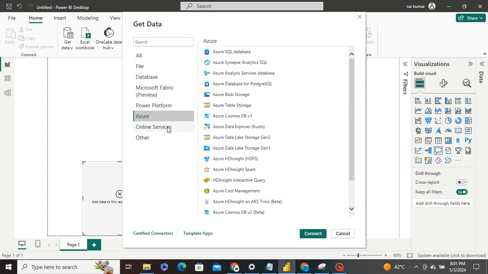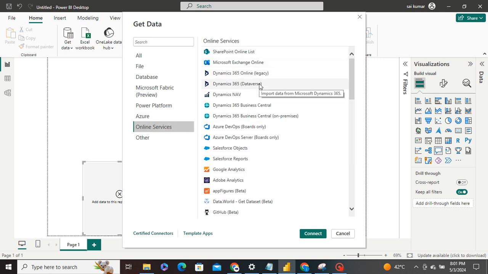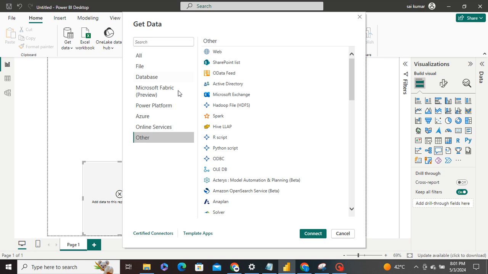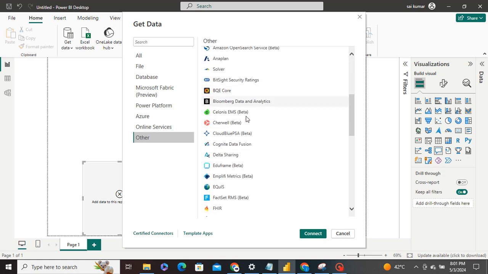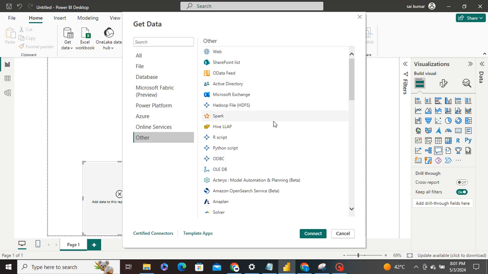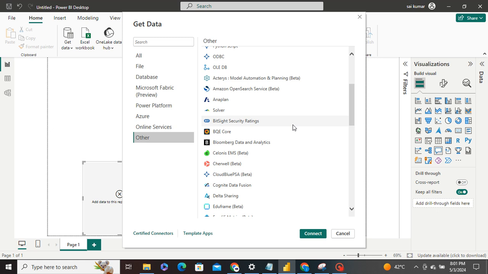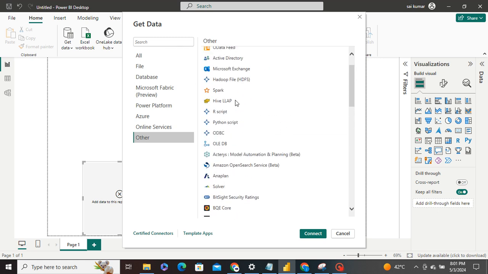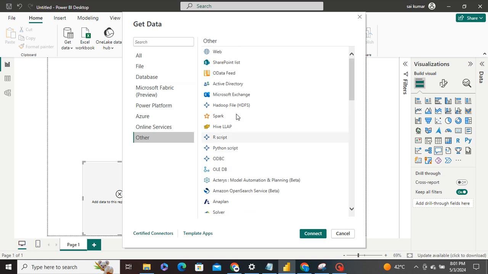Online services: connect to online services like Google Analytics, Salesforce, Dynamics 365, Adobe Analytics, and others to import data directly from these services. Other: import data from other sources like SharePoint folders, OData feeds, web pages, Hadoop HDFS, Exchange, Active Directory, and more. Once you select a data source, Power BI guides you through the process of connecting to the data